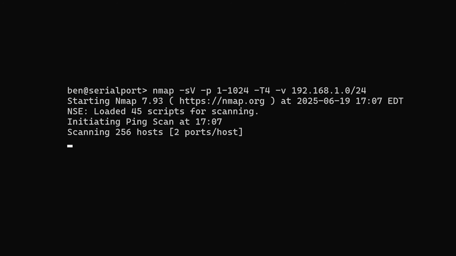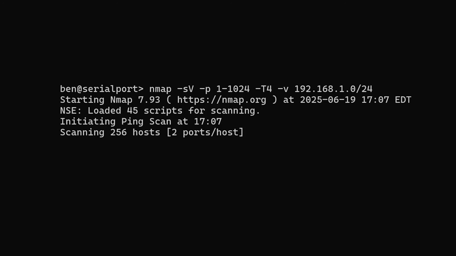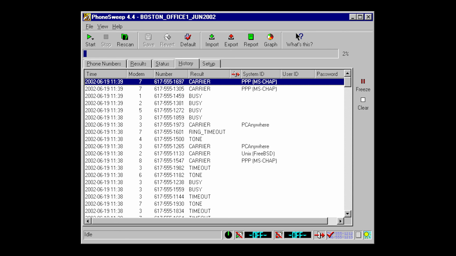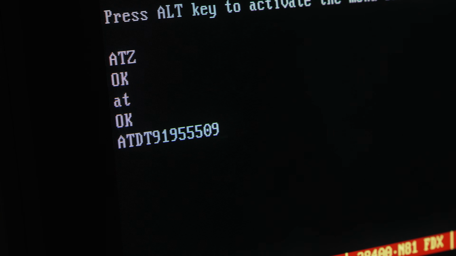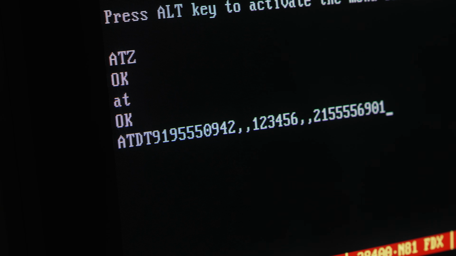It was equivalent to doing an Nmap scan today of IP networks. A modem would dial entire blocks of phone numbers, noting which ones would result in a dial tone, allowing a caller to make a relatively anonymous call to a long-distance number for free. And then you would write all those codes down, and you would use those until they stopped working. And then you would move on to the next one and use that until it stopped working, and so on and so forth. So then you're making all these calls to the 915 area code.